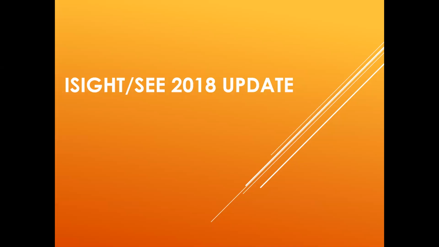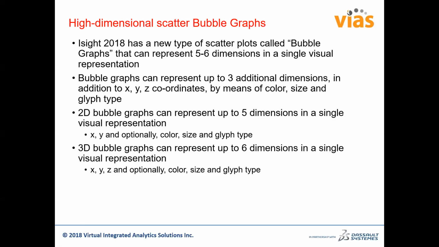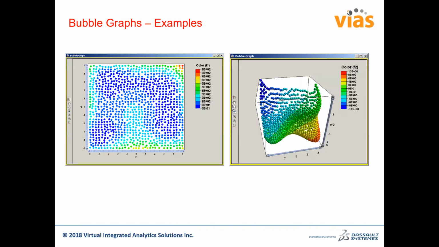As I mentioned, I do have a couple of very interesting enhancements within iSight. So the first one is that in iSight, we have a new graph called scatter bubble graph now. This graph actually has the capability of